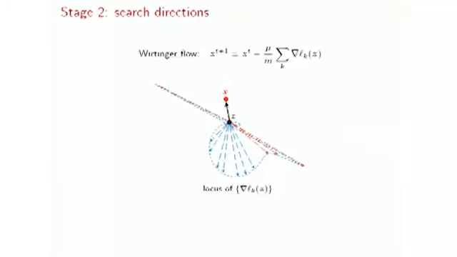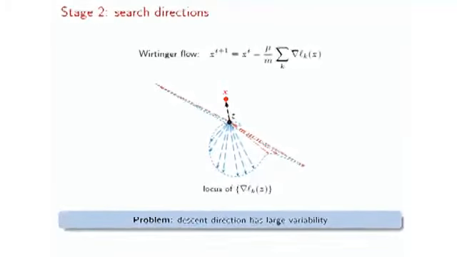Let me try to plot all the gradient components with respect to each data point for you. This is the typical distribution of all the gradient components, where Z is my current iterate and X is the ground truth. You can see that many of the gradient components are more or less pointing towards the right direction, which I plot in blue. But there are a few of them, plotted in red, that are excessively large, and they are pointing towards some arbitrary direction which we don't like. This is not a good thing because it introduces quite a lot of variability in the descent direction, so the descent direction is not really well controlled.